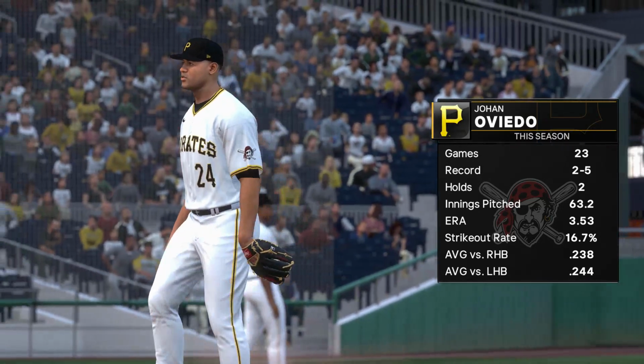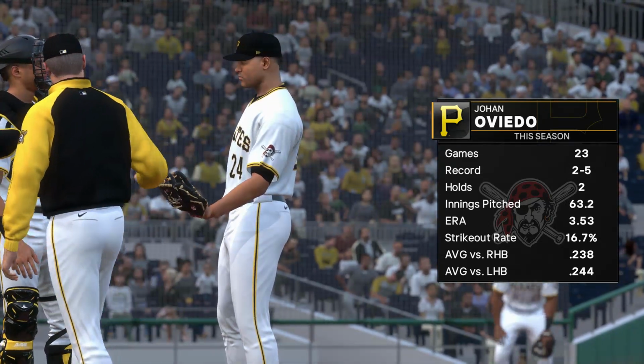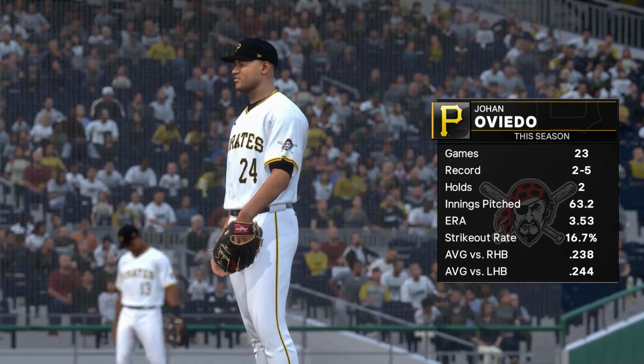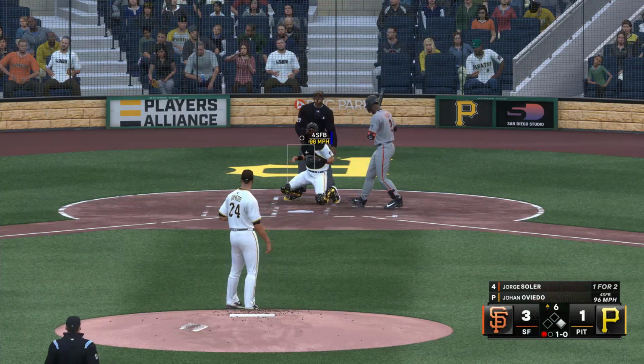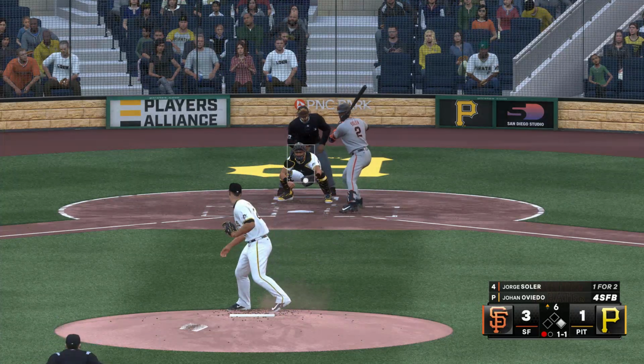They're going to turn things over to Johan Oviedo. Oh, Lord. I don't know if I like him coming in. Somehow he's lowered his ERA below 4 throughout all the simulation. I guess he's maybe had a couple good outings, but he's finally lowered that ERA down and starting to pitch a little bit better. We'll see if he can keep this game 3-1,